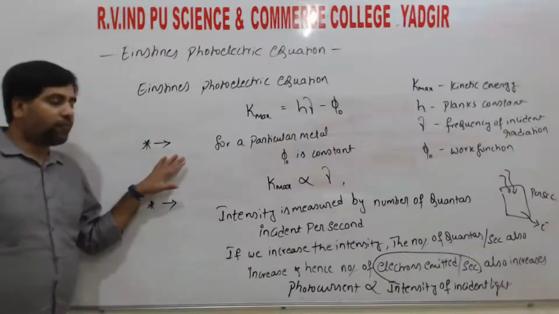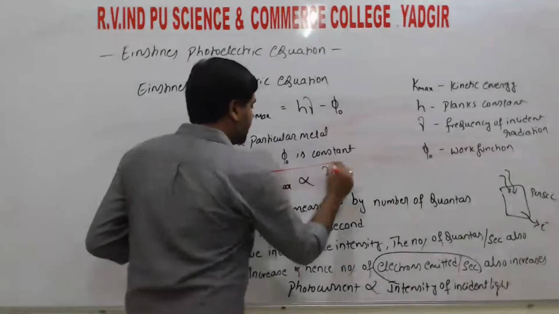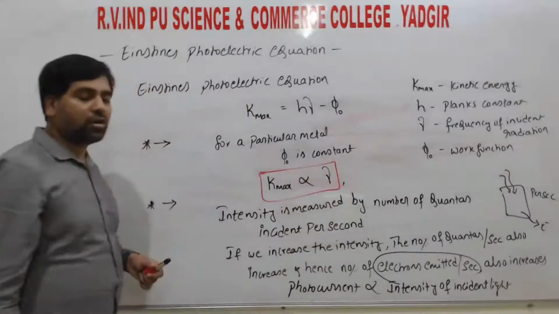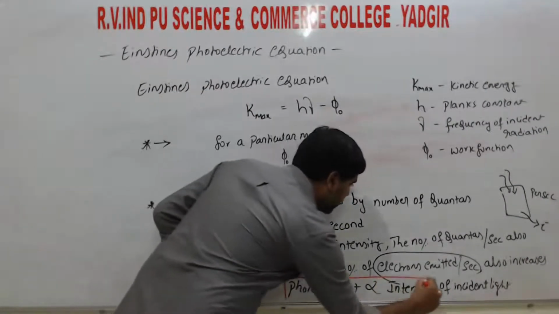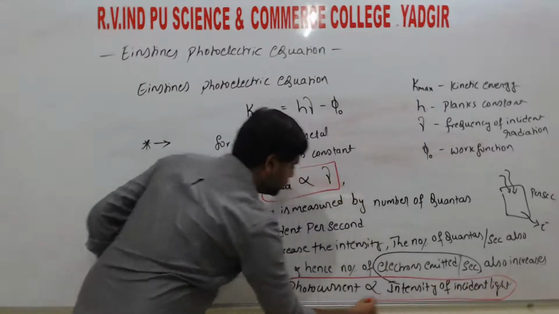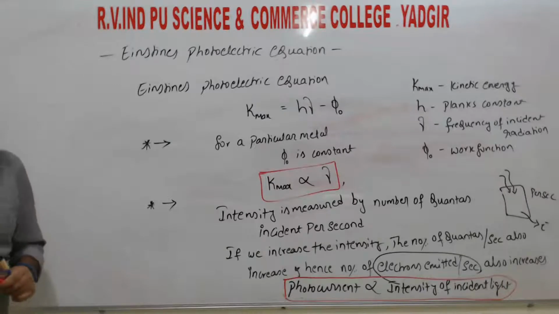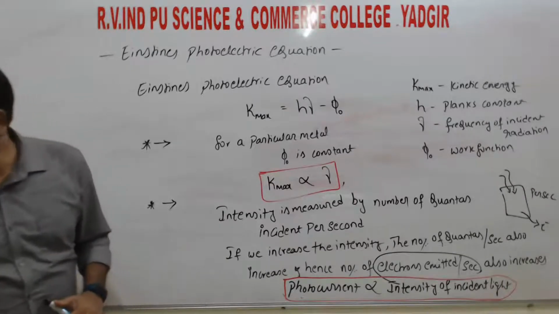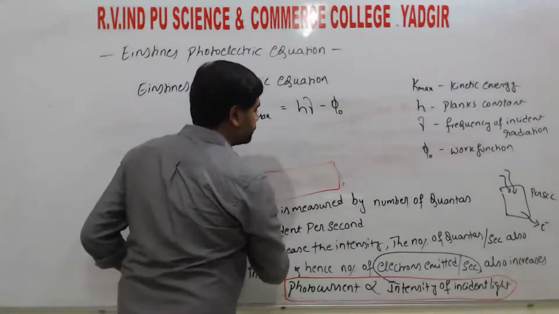So this one is the first point. From the first point we say kinetic energy depends on frequency, and from the second point, photocurrent depends on the intensity of the incident light or incident radiation, right? So next, for the third point,